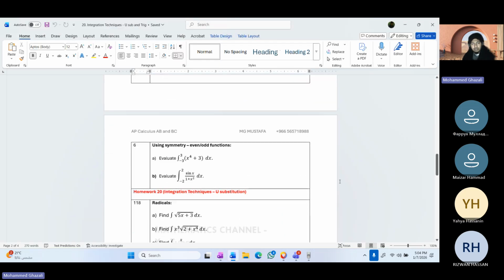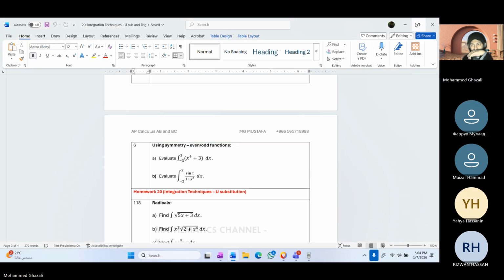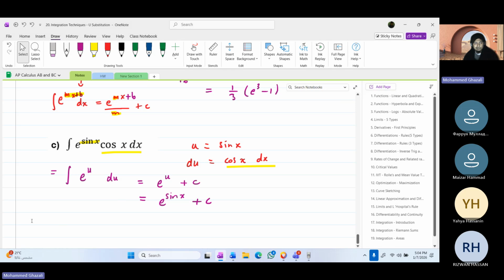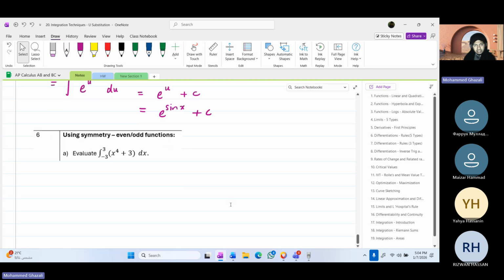Right, let's move on to using symmetry for integrals, right? How do I use symmetry to solve integrals? So even and odd function. Now, if a function is even,